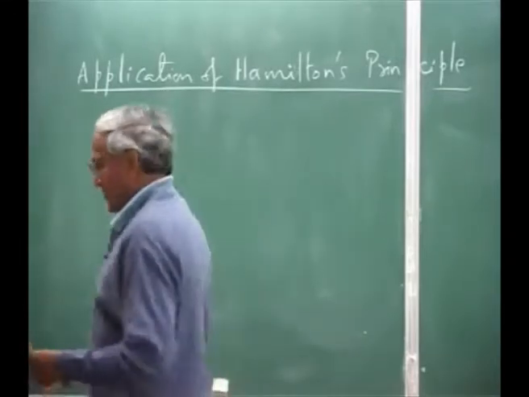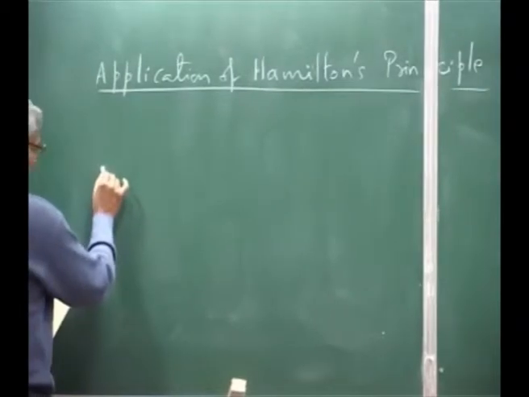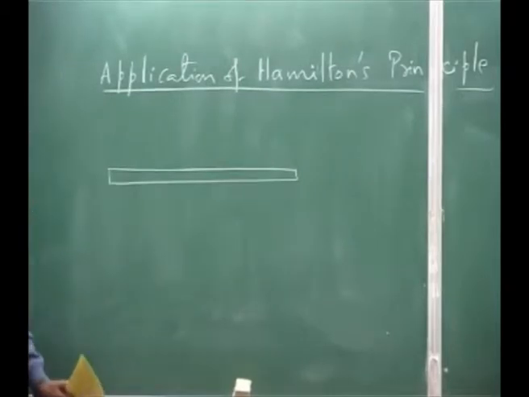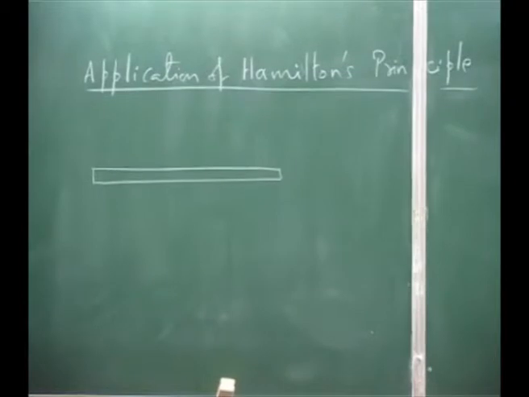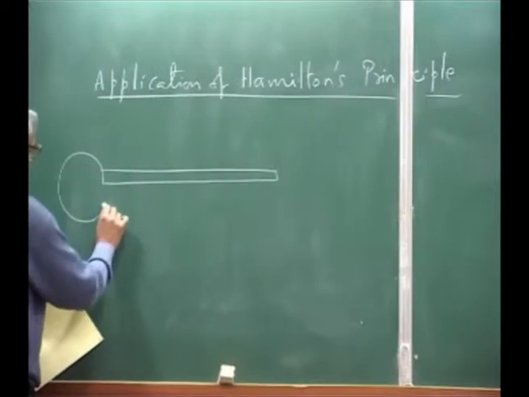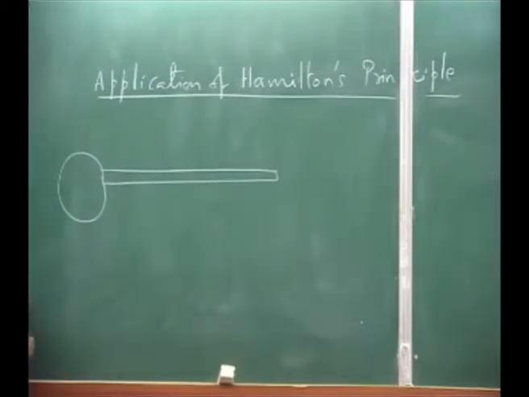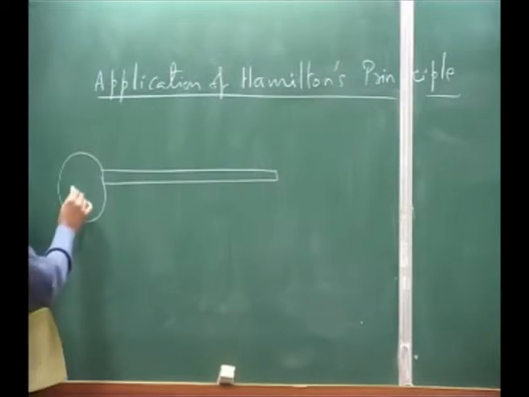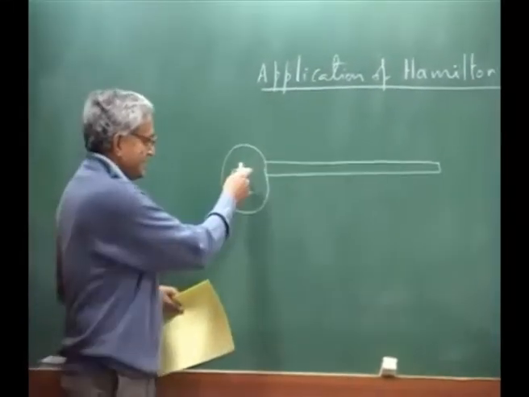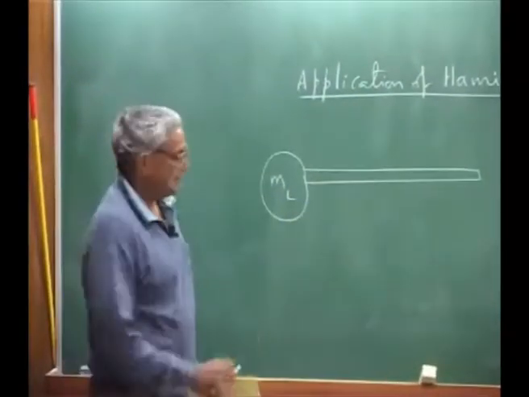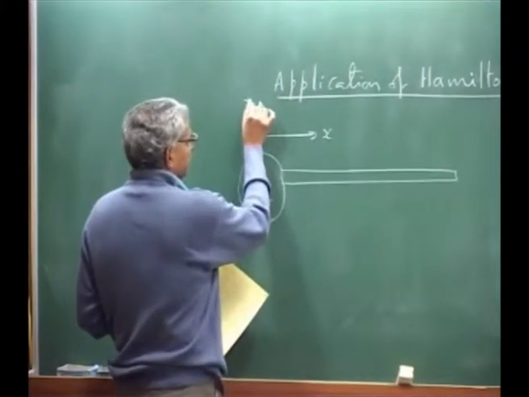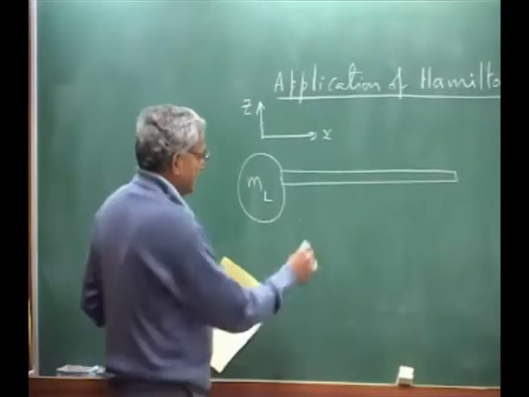aeroelastic analysis. Okay. Now let us take the wing is represented by a beam. I have not put it as a cantilever beam or anything like that. You can have different situations, like you can put a heavy mass, which is the fuselage mass. I am not going to call it M left, I am only putting left, the mass which is attached to the left side of the beam. And for the beam, I define my coordinate system, this is my x, this is my z direction, and